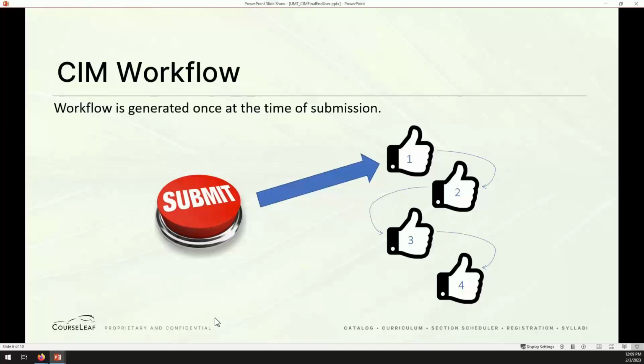Let's talk a little bit more about workflow. So workflow is generated once at the time the proposal is submitted. And that workflow is dependent on certain conditionals within the form. So for example, you might state that your course is going to be an undergraduate course, and that might mean it goes to one committee. But if you choose that it's going to be a graduate course, it might go to a different committee,